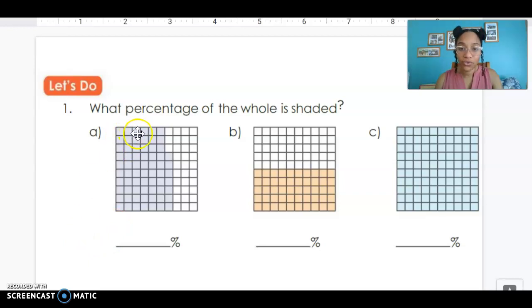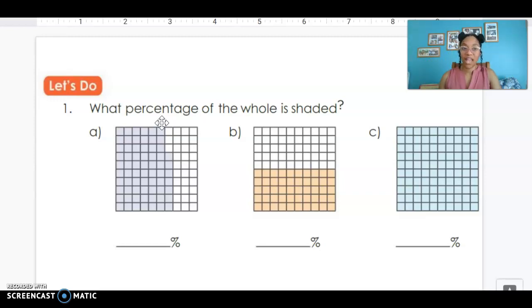1, 2, 3, 4, 5, 6. There are 6 complete columns of 10 shaded squares. So at least 60% of the 100th square is shaded. I noticed that that 7th column is not complete. So less than 70% of the 100th square is shaded. I want you to finish counting to determine how many percent between 60% and 70% of this 100th square A